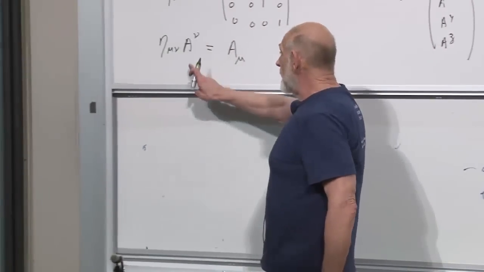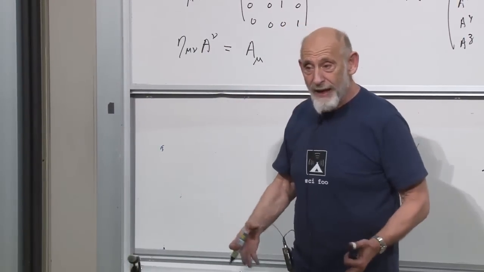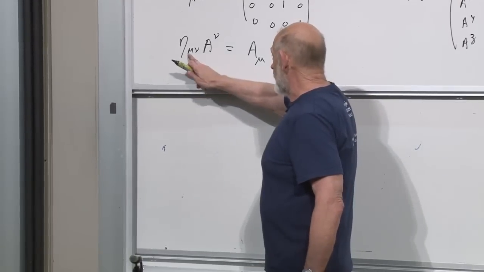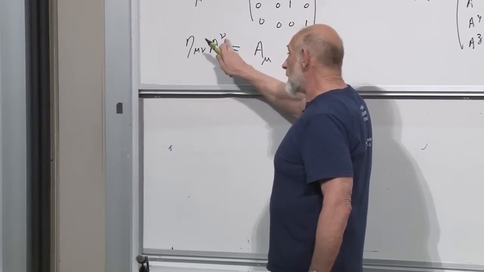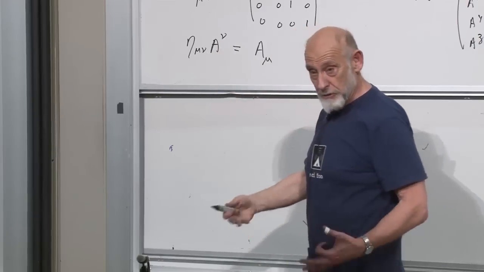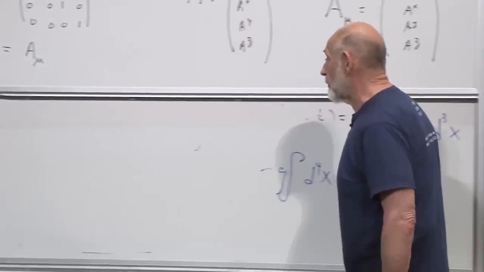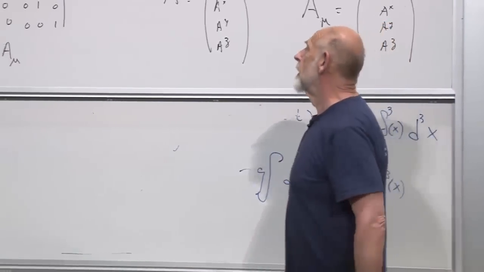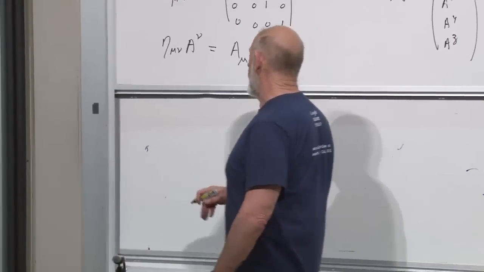Incidentally, an index like nu here doesn't actually have a value. It's a dummy index. It's a thing you sum over. This expression depends on mu, but it doesn't depend on nu. Nu is a summation index. A summation index is something that the expression doesn't depend on. It's just summed over nu. All right, now let's go one step further